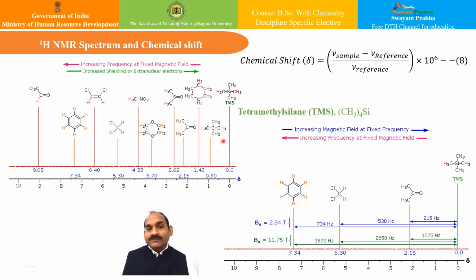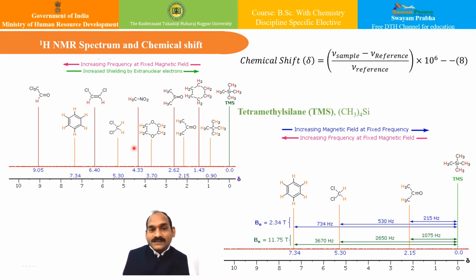And the resonance frequency will vary accordingly, and an alternate method for characterizing and specifying the location of NMR signals is equally needed. So this problem can be understood well if you see these 11 different compounds shown in this particular figure here. Basically, although the 11 resonance signals are distinct, you can see over here, they are well separated from each other. But an unambiguous numerical locator cannot be directly assigned to each of them. That is the biggest problem.